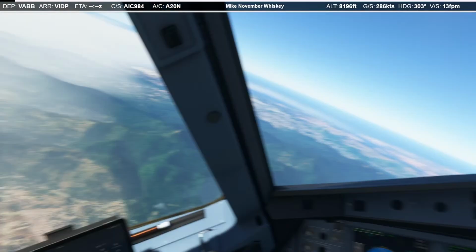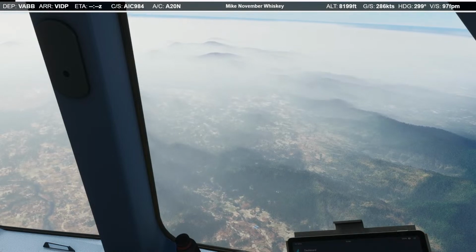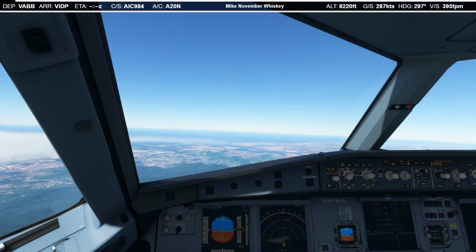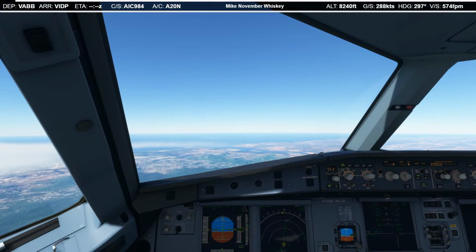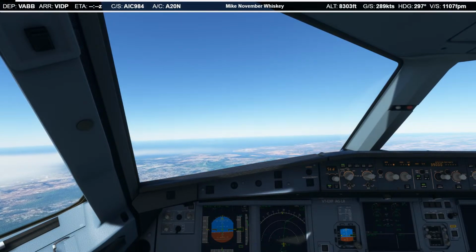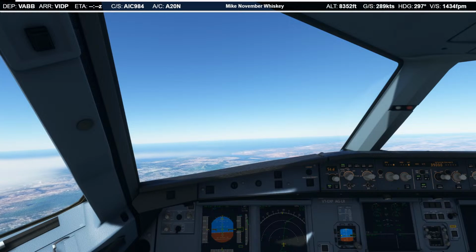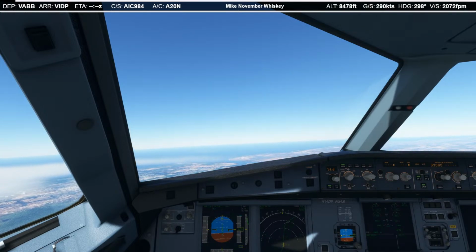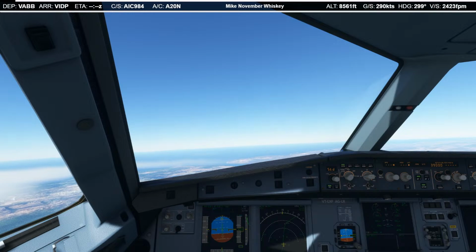Thrust climb, open climb. So after takeoff checklist, landing gear up, flaps retracted, packs are on, baro ref is set to standard.